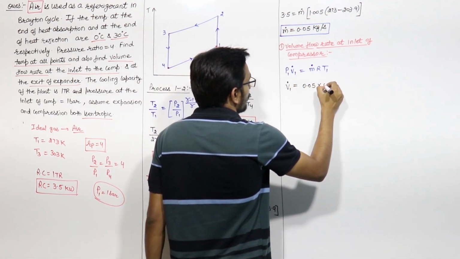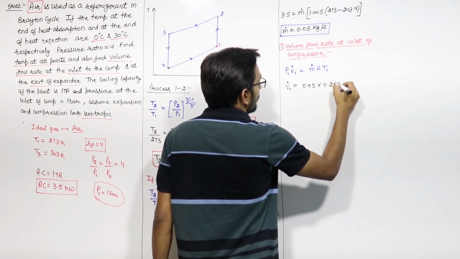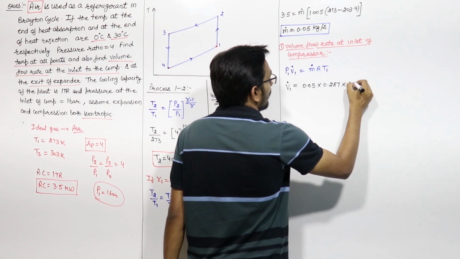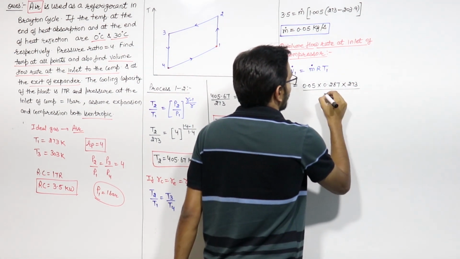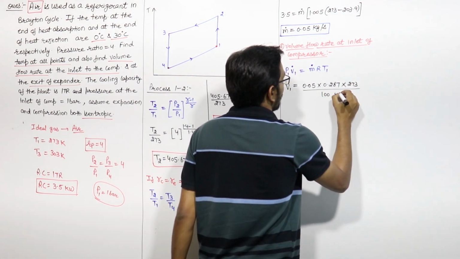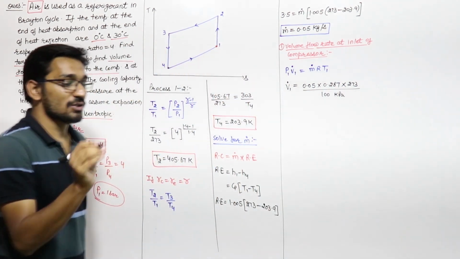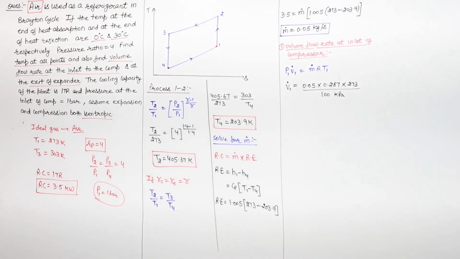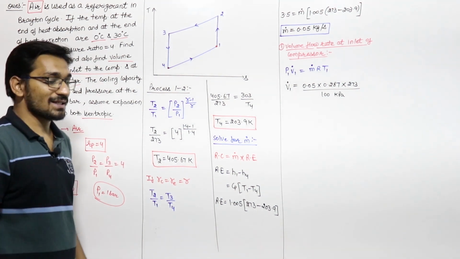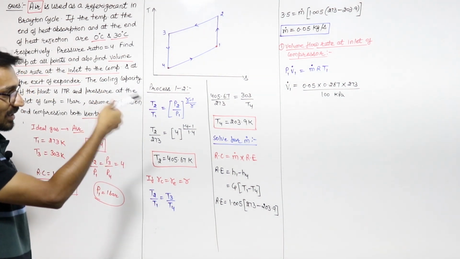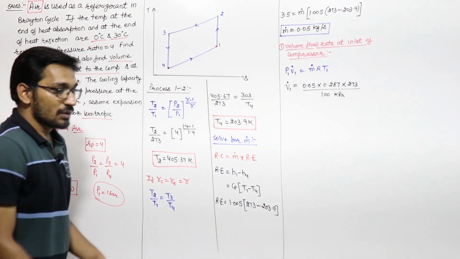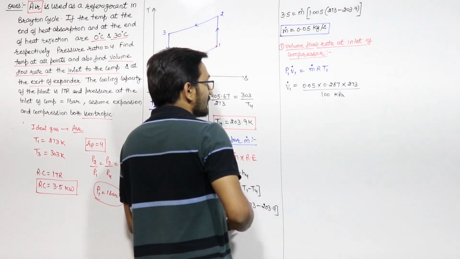0.05 into 0.287, R value is 0.287, T1 is given as 273 divided by P1, that is 100 kilopascal. Write the units. Units you have to check. Because this R I am putting at 0.287 kilojoule per kg Kelvin, that's why this 100 will be in kilopascal. Just mind it, because that is in kilojoule. So from here, if you solve this, you will get